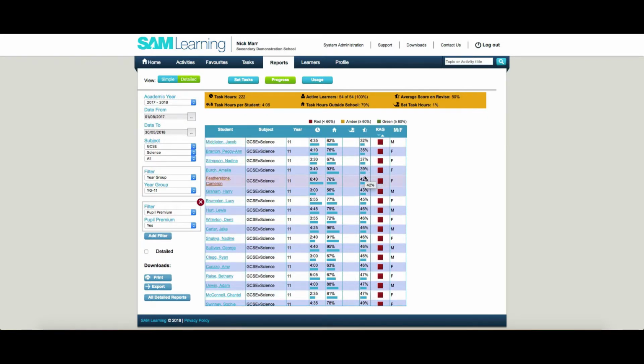One of the things to consider when looking at this reports area, whether it's for your subject, your class, or a particular cohort, is encouraging the students to have multiple attempts at the activities so that their average scores increase. Ideally, we're looking for each student to be hitting green, so a minimum of 80% in each activity that they are attempting on SAM Learning. If I just quickly get rid of this filter,